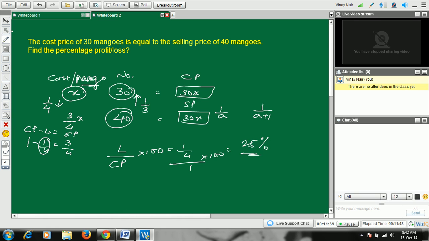So here again, if we remember this relationship, that is, if one increases by 1 by a, then the other decreases by 1 by a plus 1, because they are in inverse proportion. Again, this holds true when this is constant, like our speed, distance and time. Speed and time are inversely proportional, distance remains constant. So here the loss percentage would be 25. So such type of questions we can solve using this particular inverse relationship,